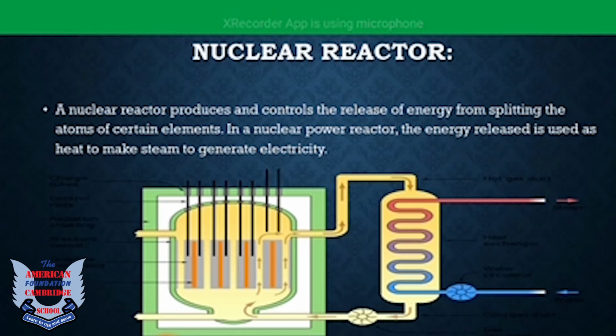A nuclear reactor can control the chain reaction because we know very well that a chain reaction releases a large amount of energy. This energy is in the form of heat. If the chain reaction is controlled, we can get a steady outflow of heat. This heat can be used to run a turbine for generating electricity. A system used to obtain a controlled amount of heat from nuclear fission is called the nuclear reactor.